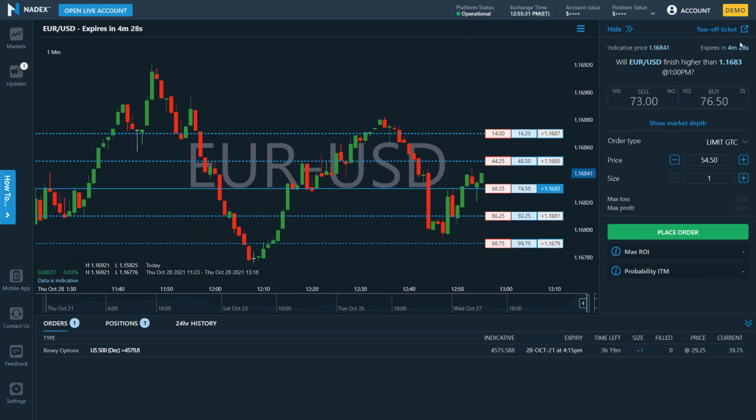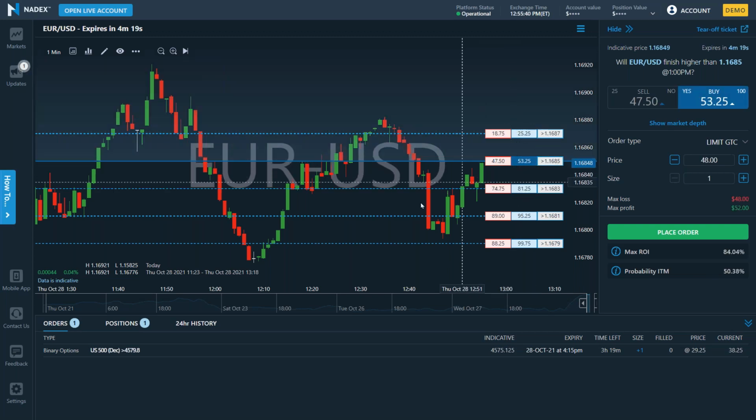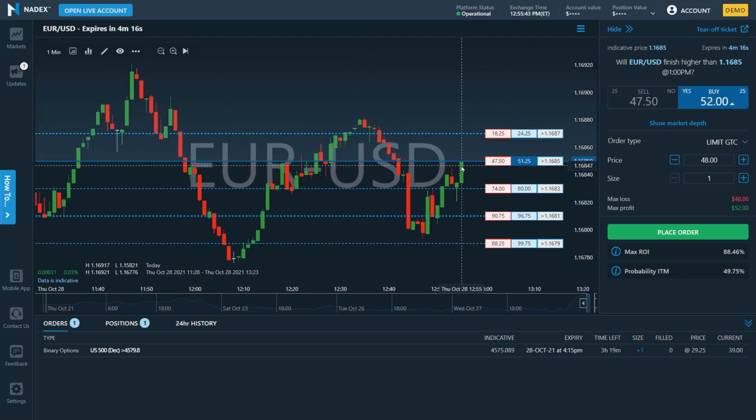As you can see, we've got 4.5 minutes to go. And look how quickly the prices of these will move as the underlying ticks. This is right now right at the money at this strike. It's 50. If it starts punching above, this will start going higher than 50. Notice this out of the money one is only down at 18, right? But could it spike up there? It could. Maybe I think this is going to, it's actually backing down a little bit. I don't know what's going to happen, but you can see how quickly the price of these, if it starts going lower, this one that's currently around 75% will start dropping.